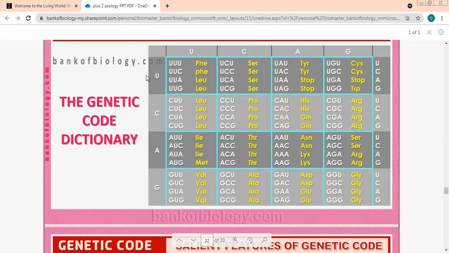Yahan se start karenge 3 U. What is the last one over there? U. Then UU. What is the second one there? C. Third is U. I'll tell you another way, jisme itna time bhi nahi lagega. Since we are doing U first, so write U over here.